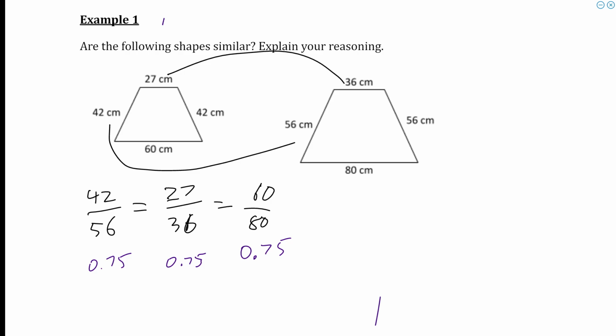What I just did is I simplified all of them. I recognized 42 divided by 14 and 56 divided by 14 ends up being 3 over 4. 27 and 36 both divided by 9 end up being 3 over 4. 60 and 80 both divided by 20 end up being 3 over 4. So they all end up being a similar fraction of 3 over 4. So now that I've proven they're all the same relationship, a relationship of 3/4 or 0.75,